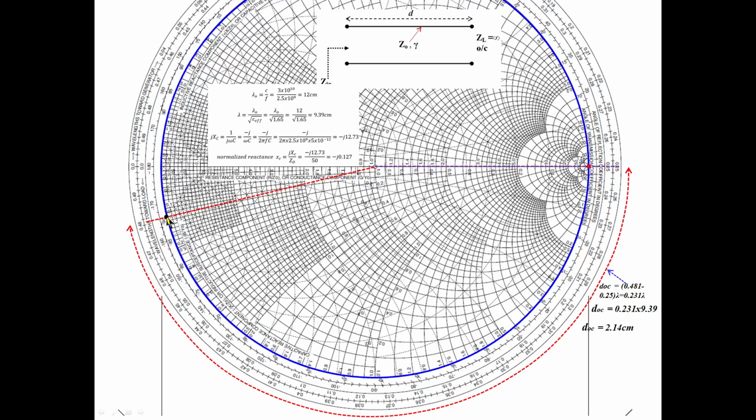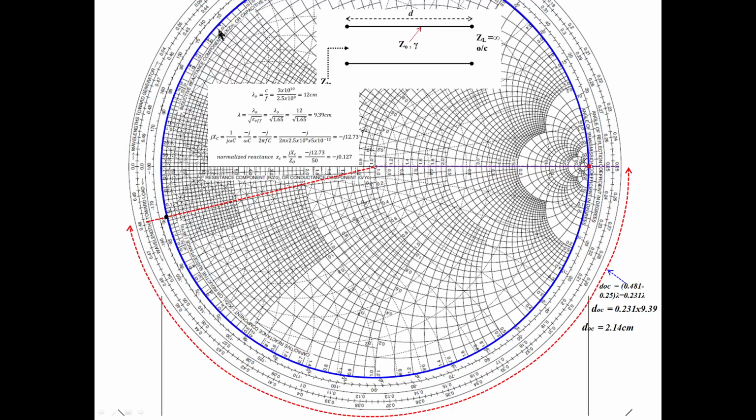Okay, so after stopping, what we have to do, you should find out. What we did from the load point, we moved like this and stopped wherever our reactance approached the value minus 0.127. It is a negative value, that's why we took the bottom here. This is minus 0.1, minus 0.2, but the same values are there in the upper part also. See here, this is plus 0.1, this is plus 0.2, plus 0.3.